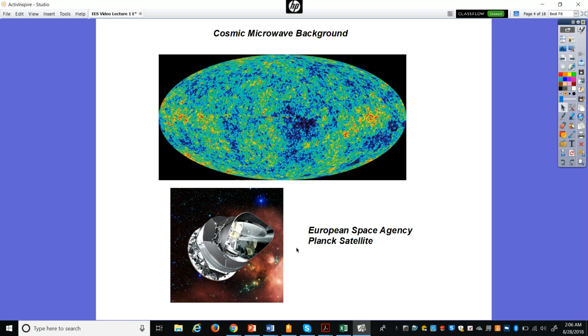So this is still a new field. We're learning more and more about the universe and are able to visualize it better based on some of these technologies that are being developed.